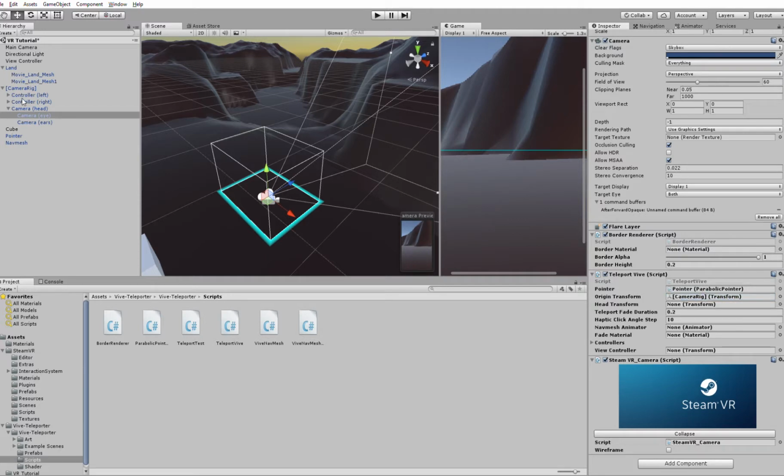That's what's going to bring up the grid when we click. And then view controller is that right there. And then we'll come back over to assets, back to the Vive teleporter, and we'll open up our art. Let's go over to the nav mesh first. We've got a border renderer, so we're going to